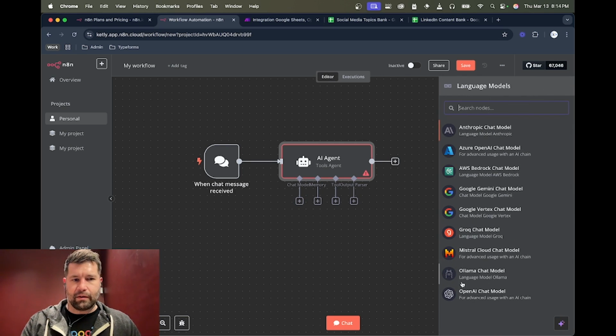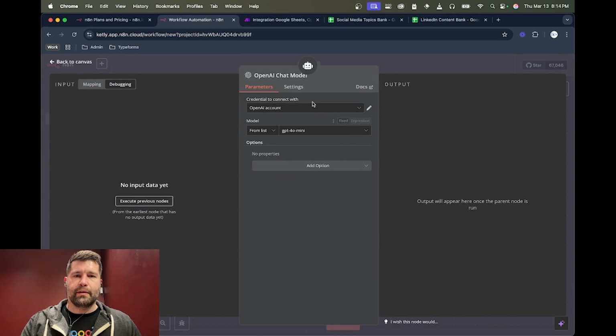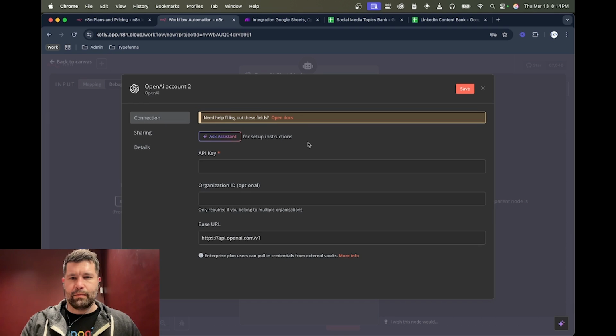Obviously you have a lot of different options here in n8n. You could do Anthropic if you want to connect to Claude, a few different options for OpenAI, AWS, Google, Ollama. So you could connect to something like DeepSeek or some other open source models. But for now, I'm just going to do OpenAI. I've actually already connected it, but if you were to connect your own, you would go ahead and create your new credential here, which is easy enough. You just need an API key. So assuming that you had an OpenAI account that you paid for and you can get an API key,